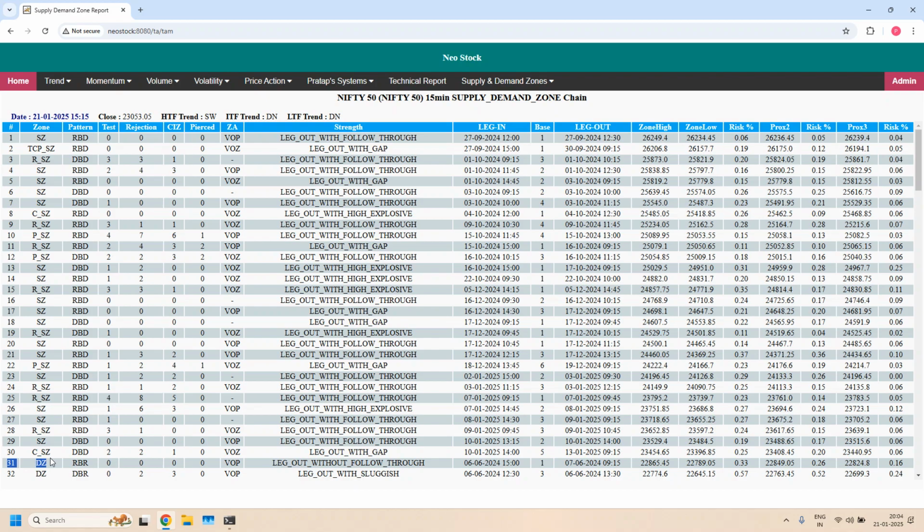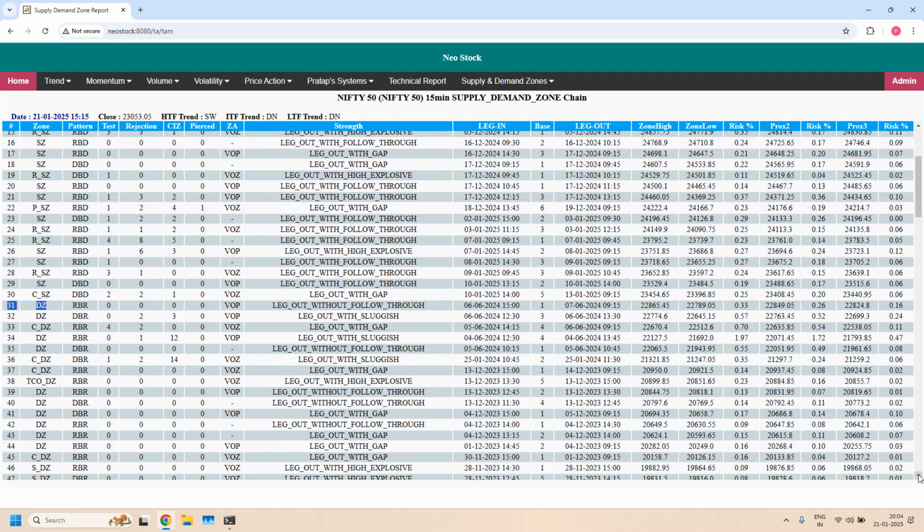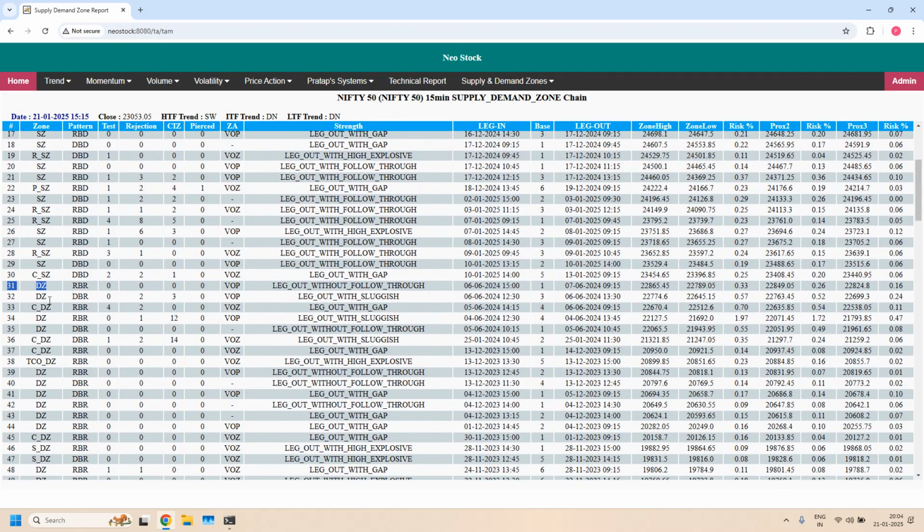All these are supply zones, only 31 you have demand zone. So let me show you more demand zones by scrolling the list. This is the nearest demand zone and this is the nearest supply zone to the current closing price. If they are violated, the next zones will be available. Similarly, below demand zones also. Okay, next,